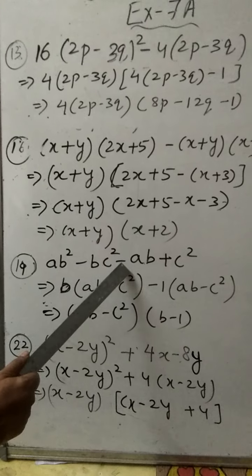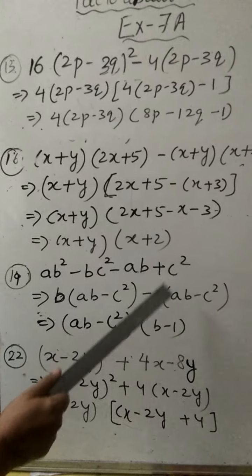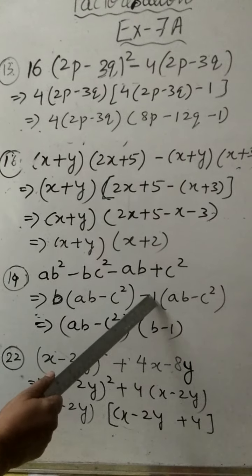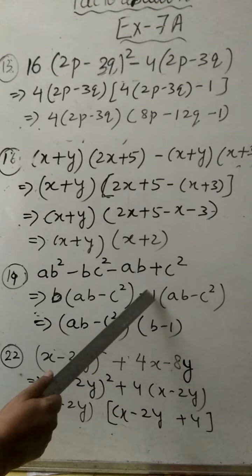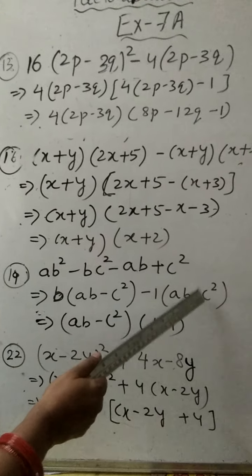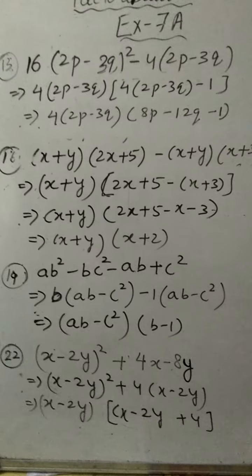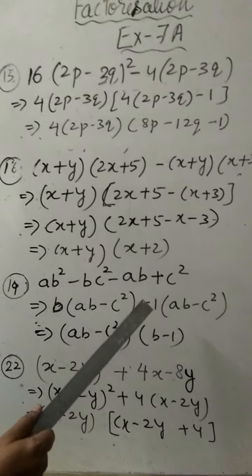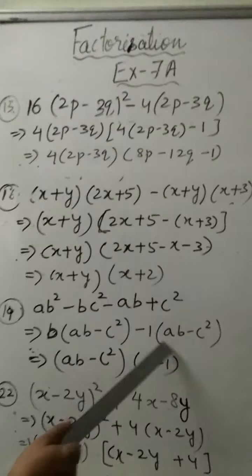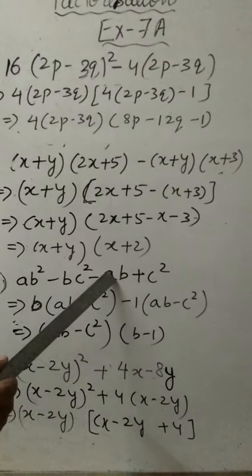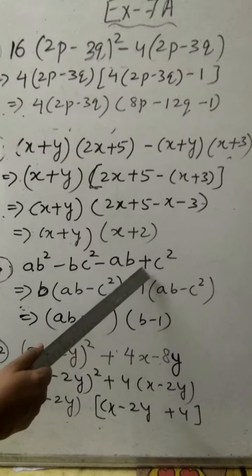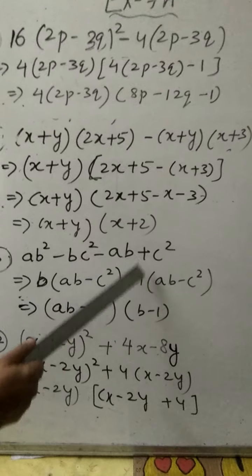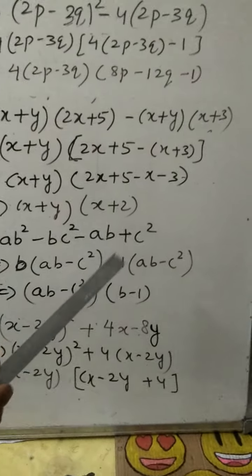If here it is minus and here it is plus, when you are taking common between these two, inside the bracket also you will get a negative sign. You will be asking why is it so? Because if you want to recheck it, when you open the bracket again you will get the same sign, meaning here is plus sign, so that means whatever we have taken common is correct.